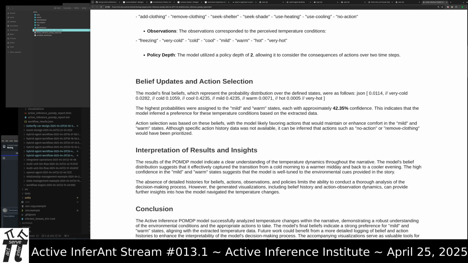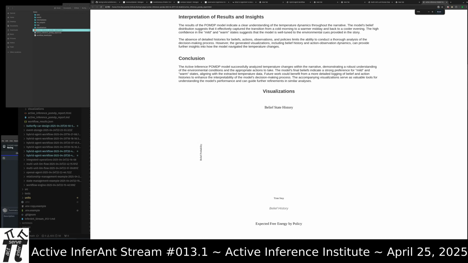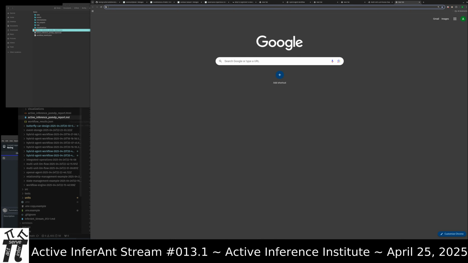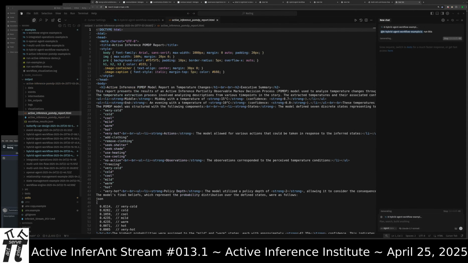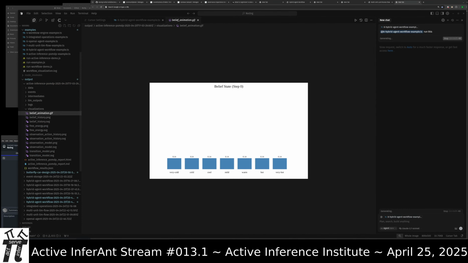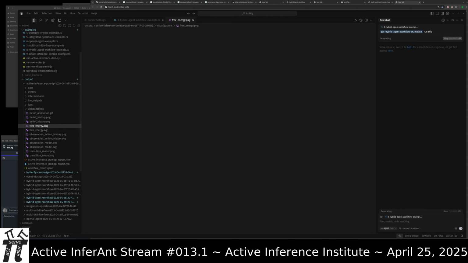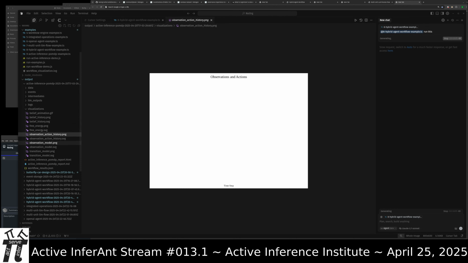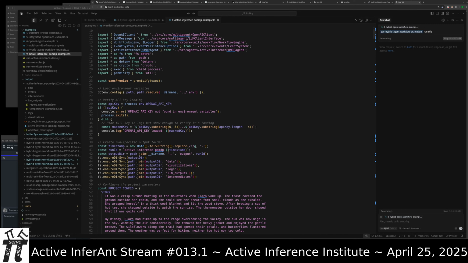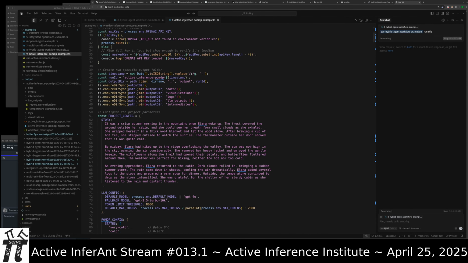So this has information on this. Let's look at it here. Report. So here's belief updating about temperature. Some of these can be fleshed out. But the way that this one works is that a story is defined in natural language in the prompt.